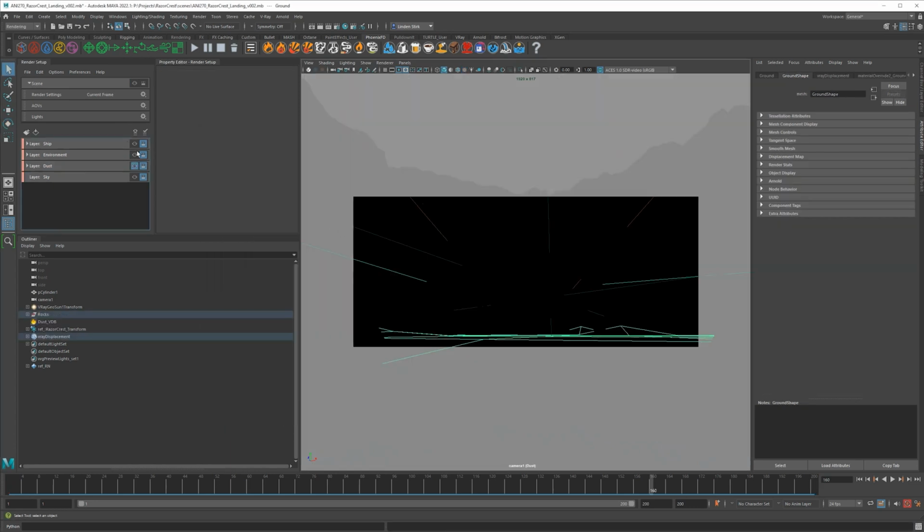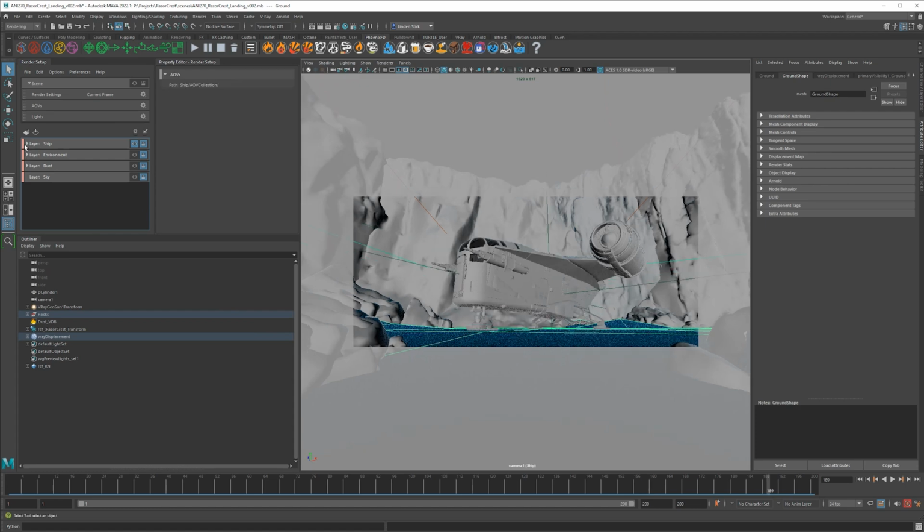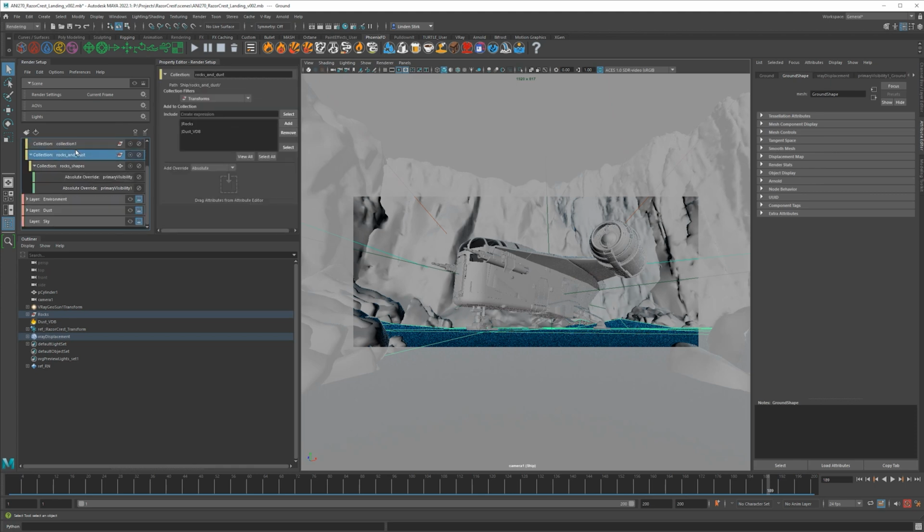All right, so I'm going to now go to the ship layer, and we do need to figure out what to do with the ground plane here with our displacement. So this should be occluding the landing gear, and right now it's not. So what we're going to do, instead of using the dust and rocks VDB like this, we're actually going to make a change here. So this is going to depend on your scene. If the Cryptomatte and using like an actual Luma matte in After Effects works, then you don't need to do this. But if you want to make sure that your ship is landing properly on the ground with no ground existing there, this is what we're going to solve.